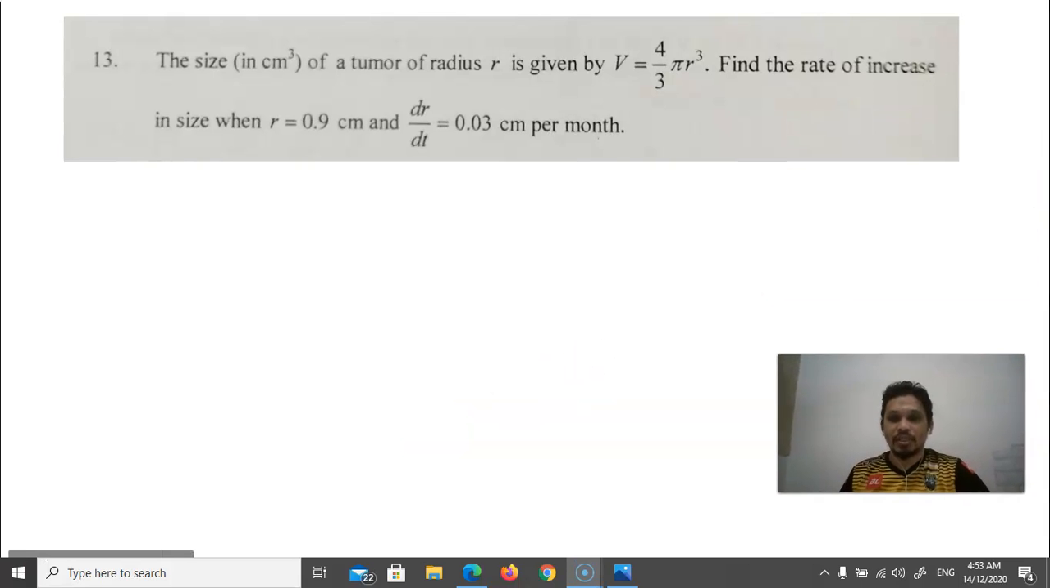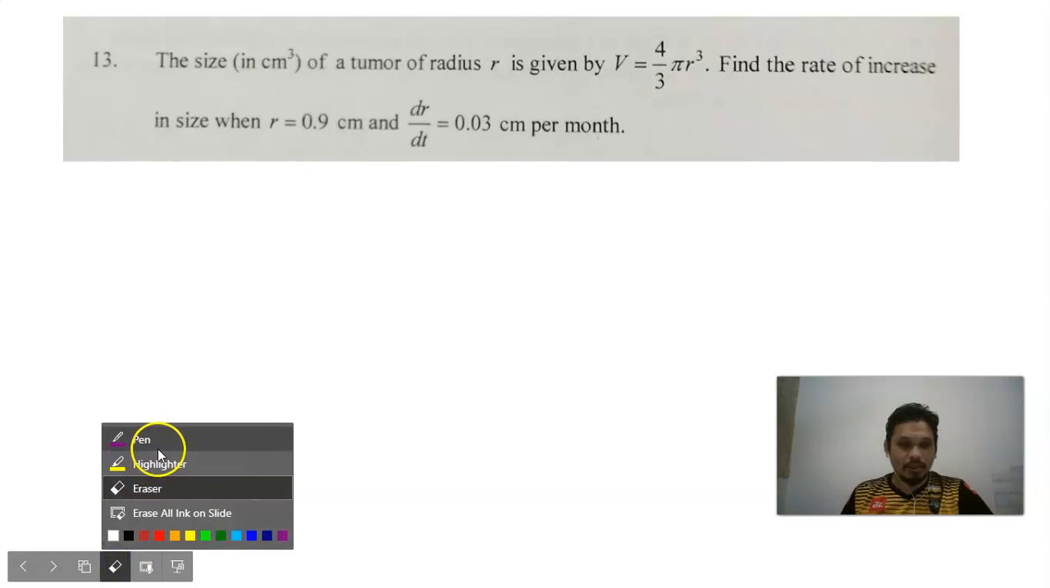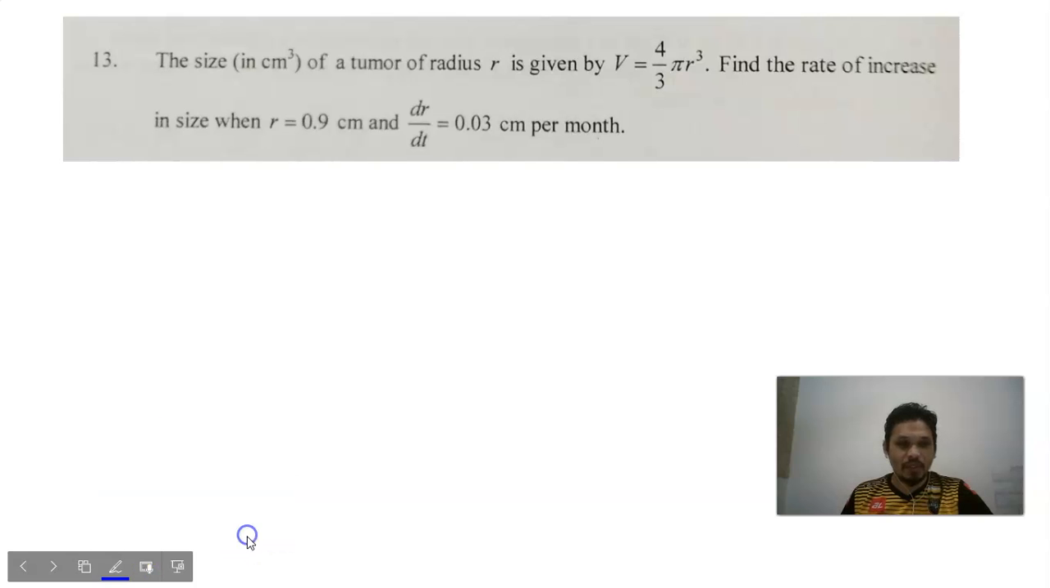Let's continue with the next question. I skip one of the questions because it's similar to the previous one. Okay, it's still a box. Let's start talking about a box then. Question 13. The size in cubic centimeters of a tumor with radius r is given by V, as mentioned here. Find the rate of